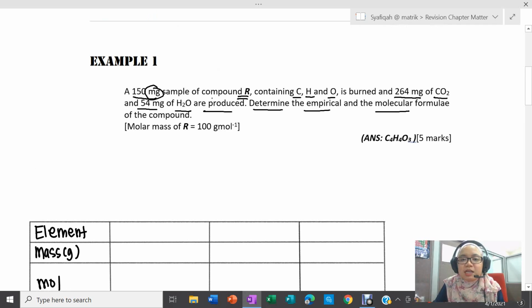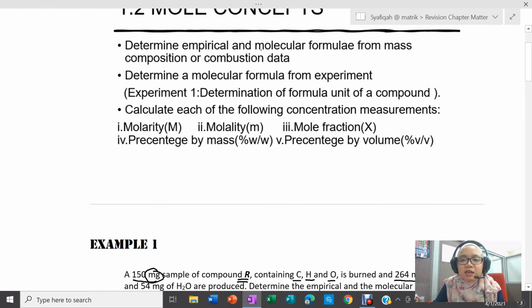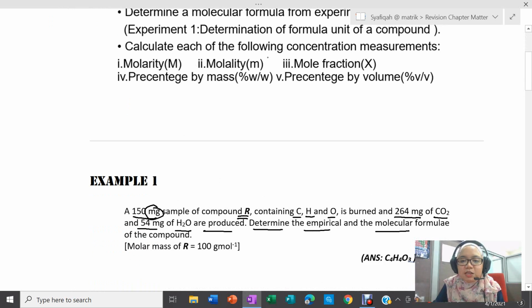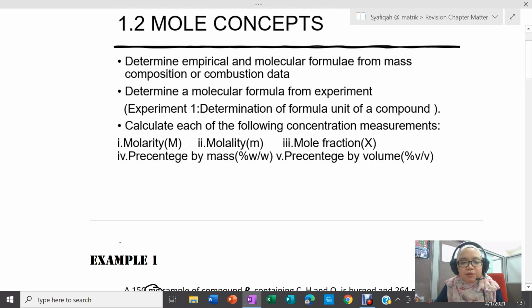So dekat sini, soalan ni dia ikut LO yang pertama. Kita cari empirical dengan molecular formula daripada mass composition. Dia bagi kita mass composition kan. Mass of compound R, bagi kita mass of carbon dioxide, dia bagi kita mass of water. Dia suruh kita cari empirical formula. So soalan example number 1 ni, dia akan menjawab LO yang pertama ni. Okay, so let's